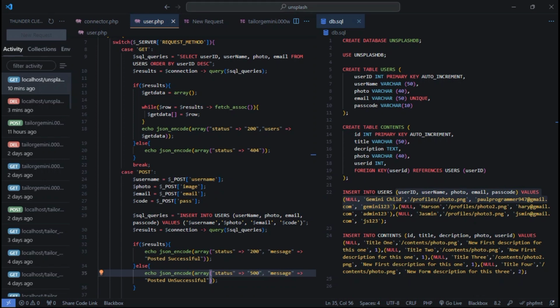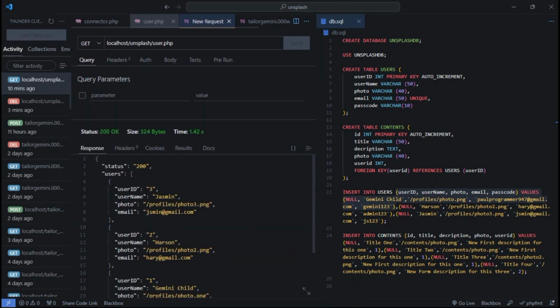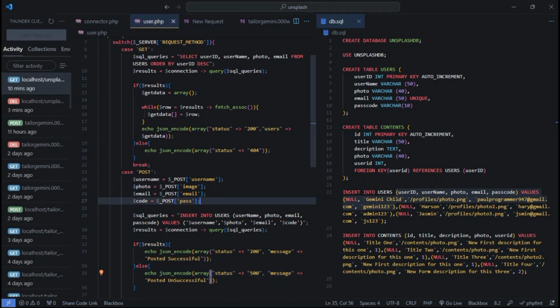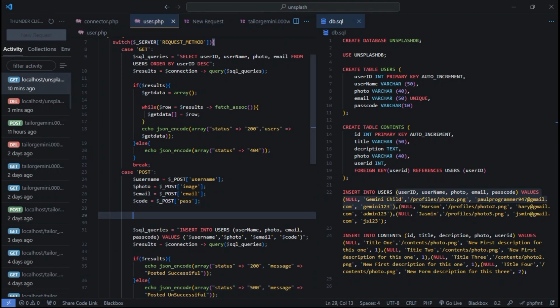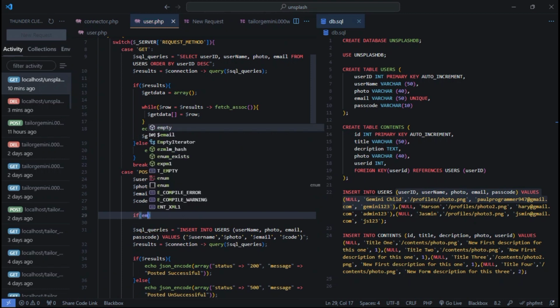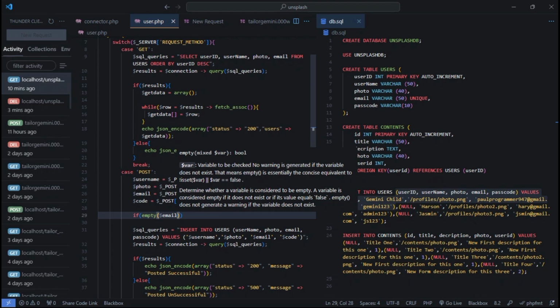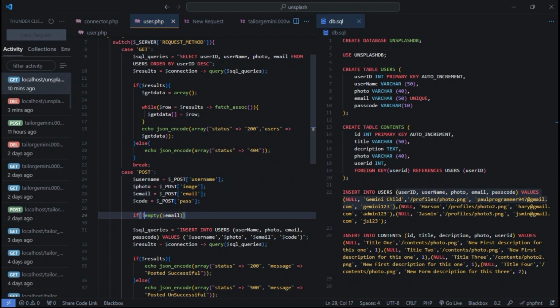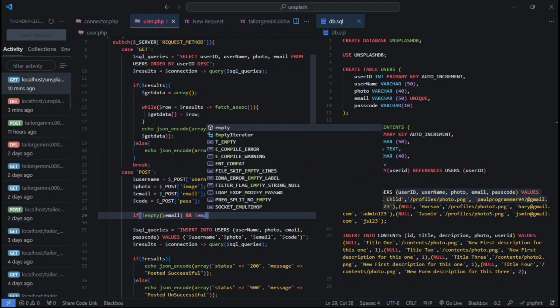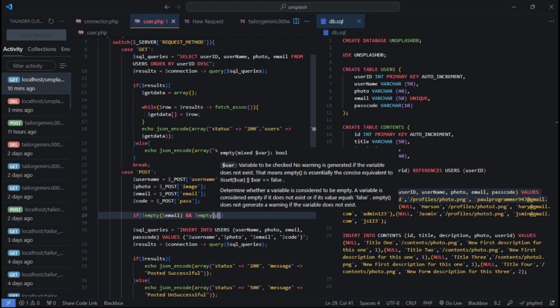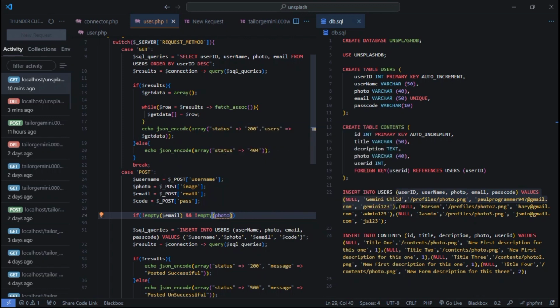Now before doing that, we have to check first if it is empty. We have to do this to make it more advanced. So if username is empty, okay, it's not equal to empty. If this is not equal to empty, and photo is not equal to empty, okay, so by testing photo it's not equal to empty, and then